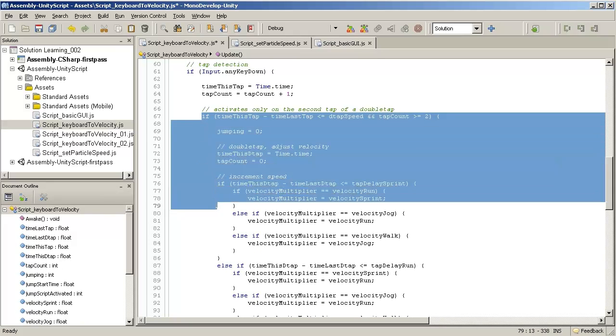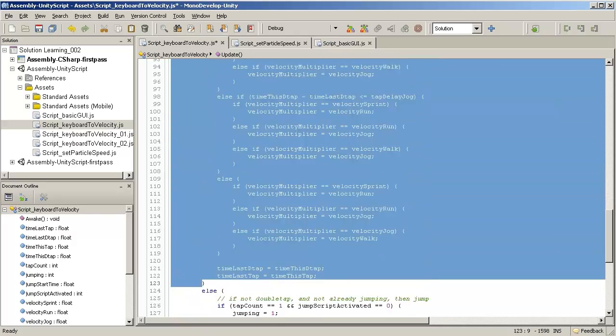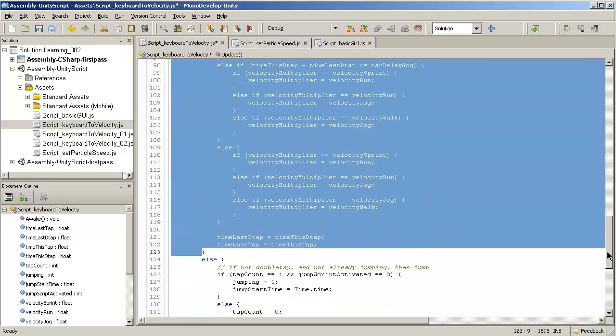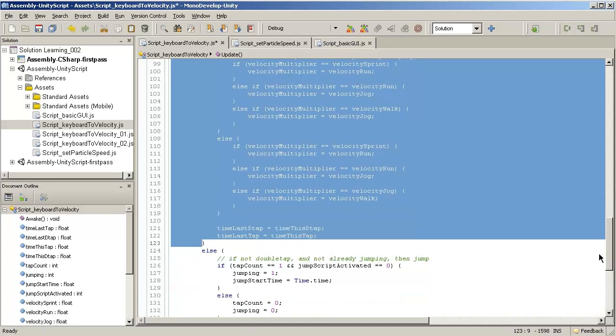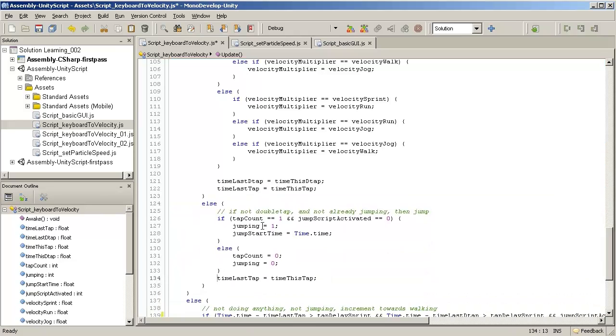It activates only on the second tap. No, that's right. That's jumping. Then the last double tap. Oh, wait a minute. Otherwise, if not double tap,